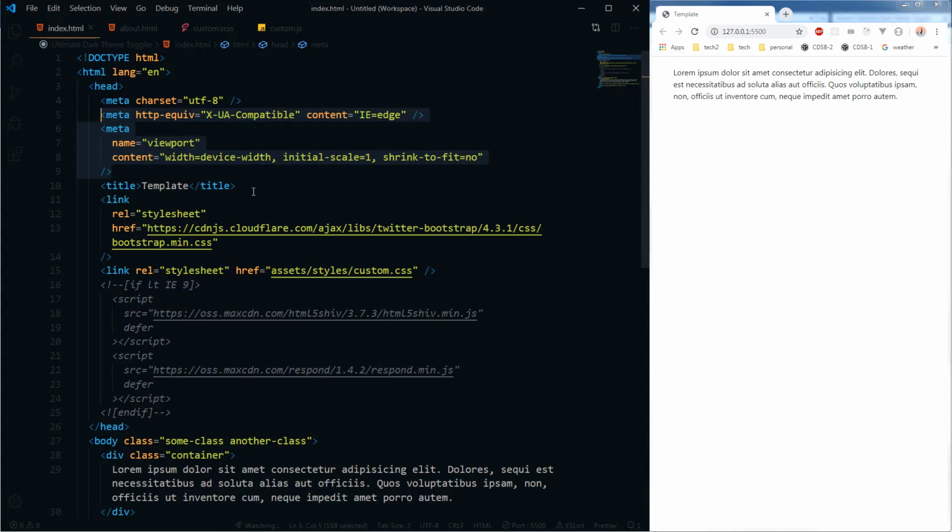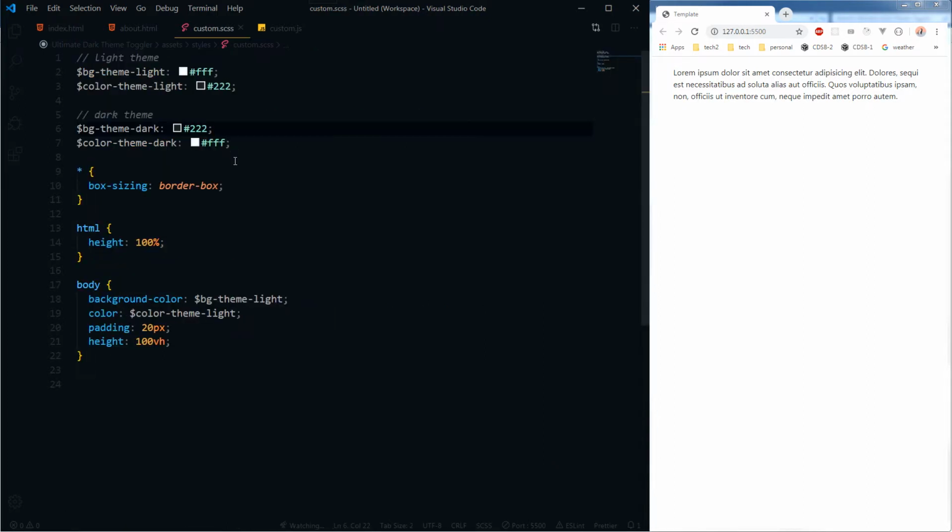Okay. And I have linked a style sheet. Bootstrap is linked via CDN, Content Delivery Network. I have linked Bootstrap for some styling, and it's Bootstrap 4, but we will not use much Bootstrap for this app. All our styling will be custom, and this is my custom.css file that I will use to write these styles. But we will write these styles in SCSS file, that is Sass file,